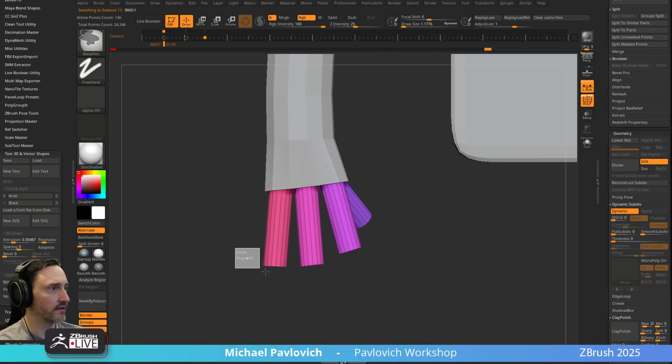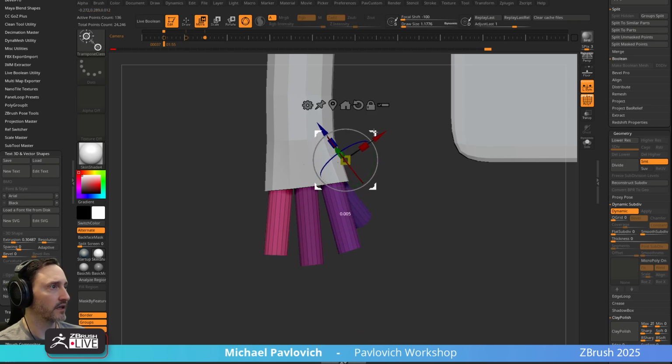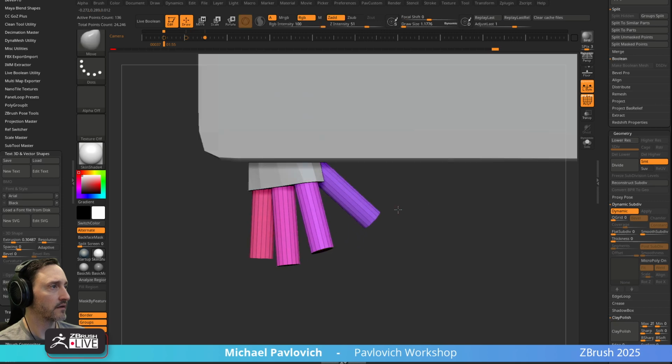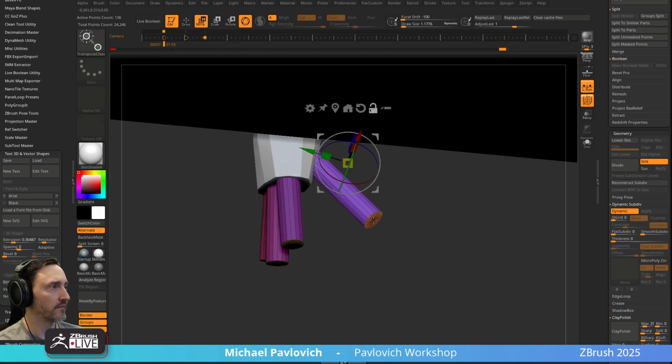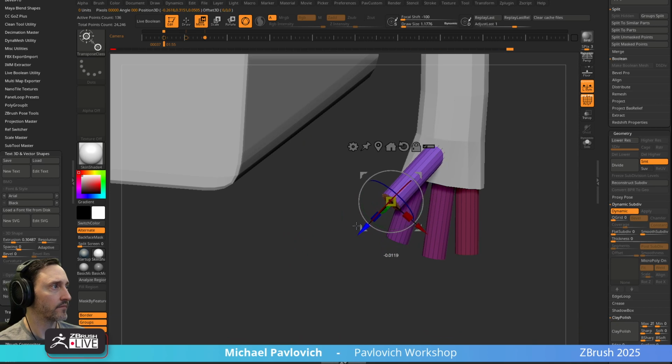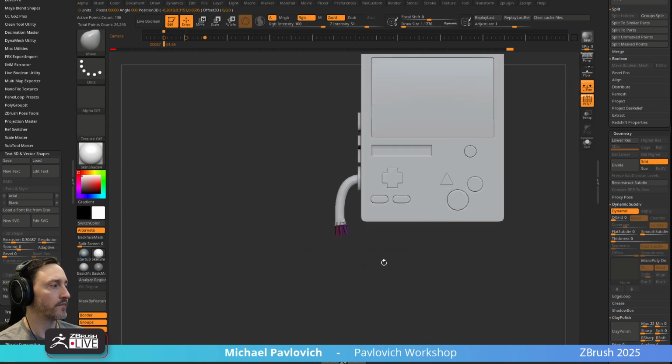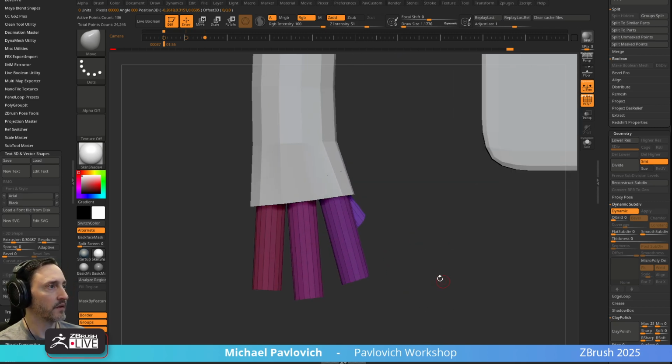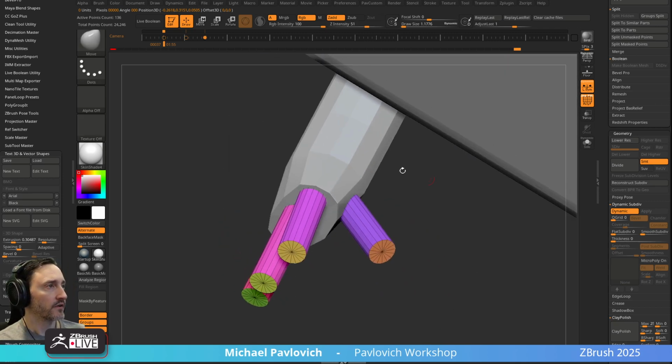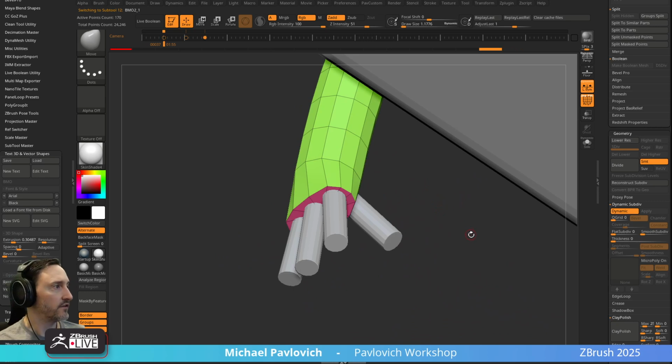And like I said, we're going to let ZRemesher do the heavy lifting if we can. And then this thumb needs to be, yeah, something like that. So polygroups on all major sides,